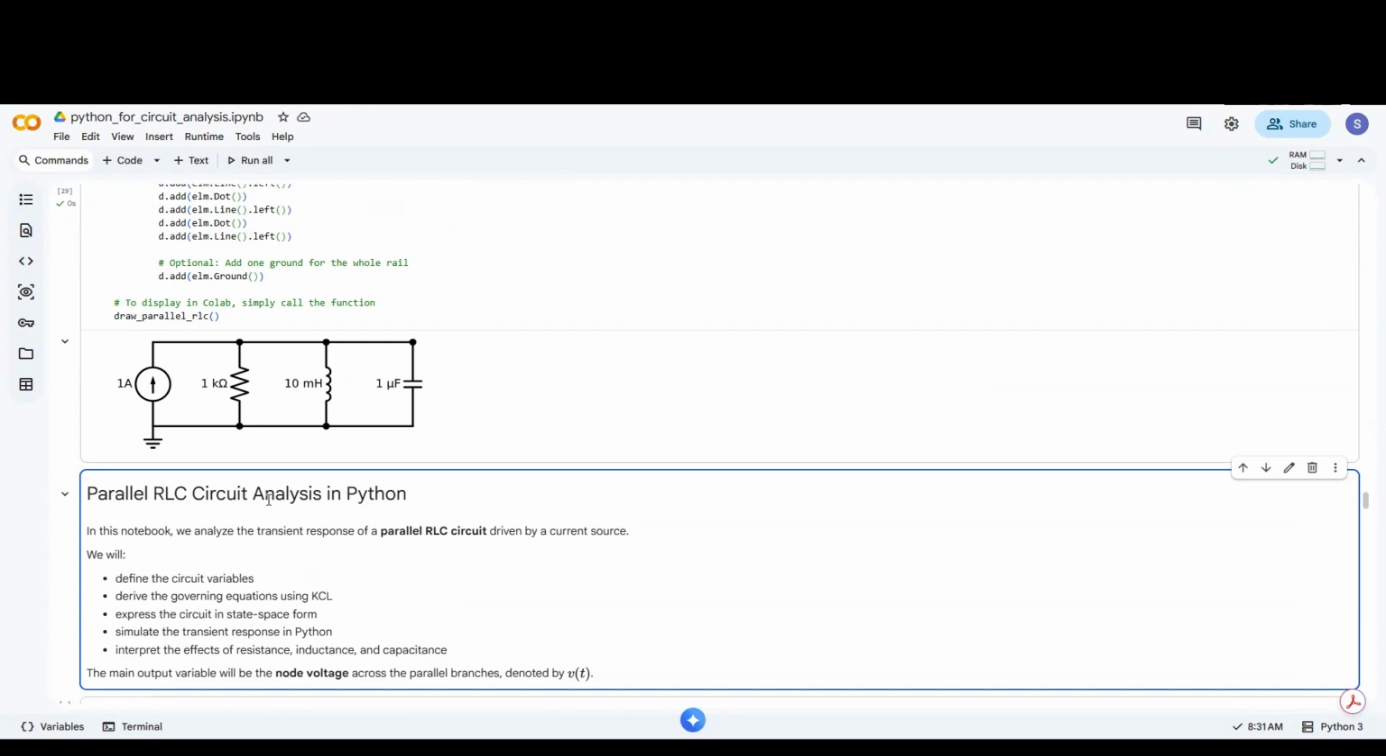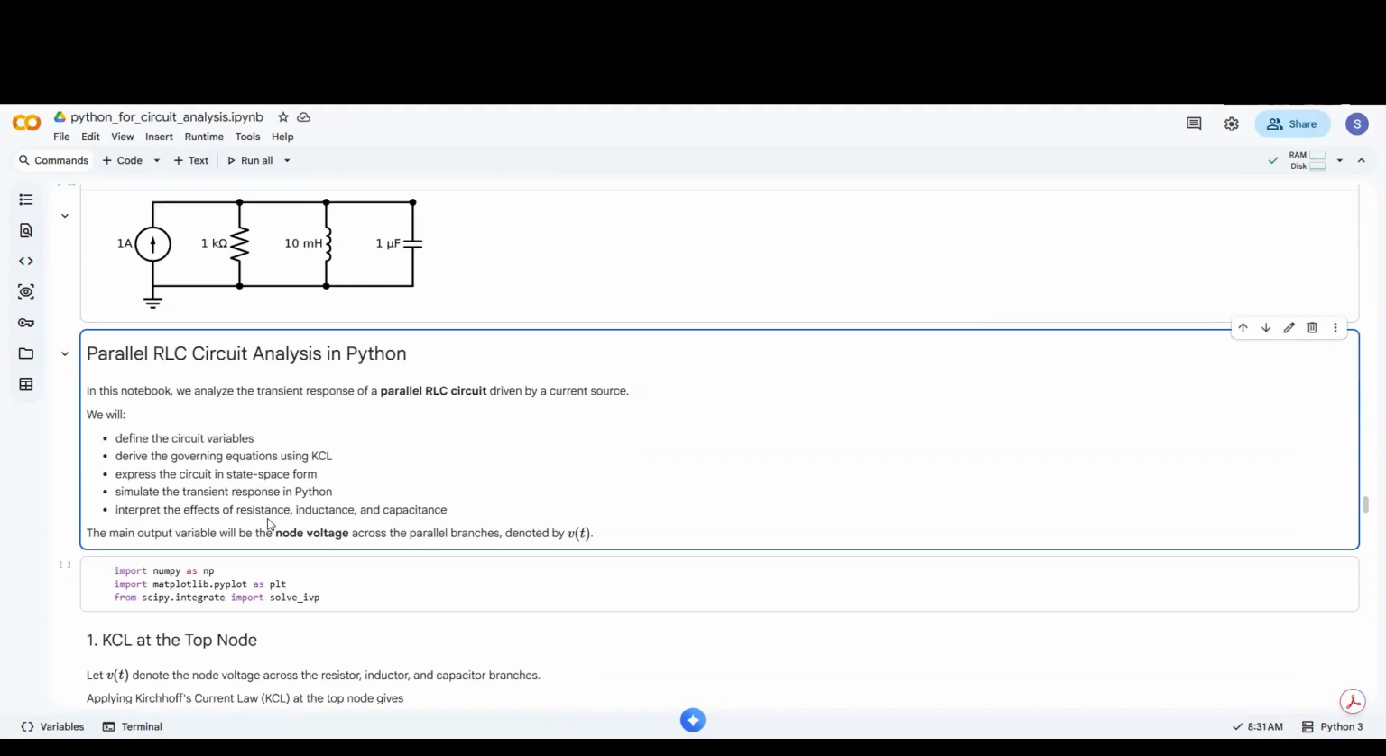Now we know how to do basic analysis. Let's move into actually doing a circuit analysis of parallel RLC circuit in Python. This one will analyze this equation, but then we first need to define circuit equations. So we'll do a derivation, and then we'll actually look into the response of the